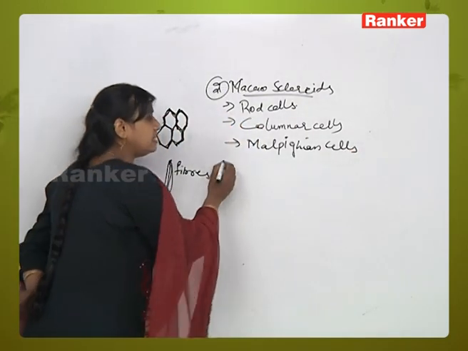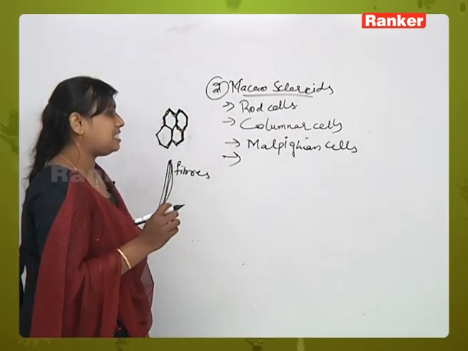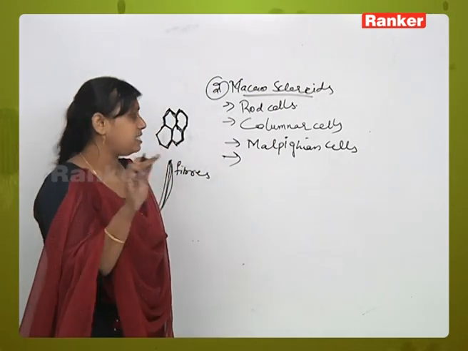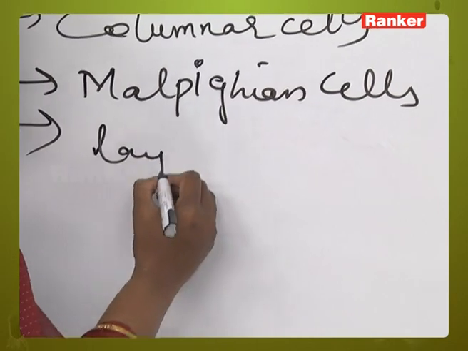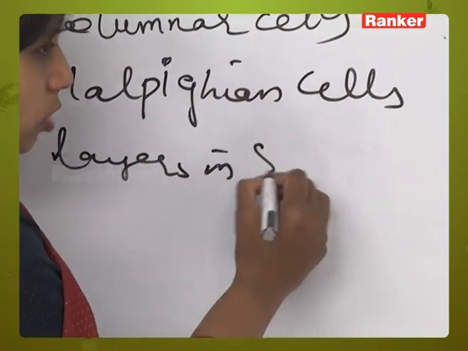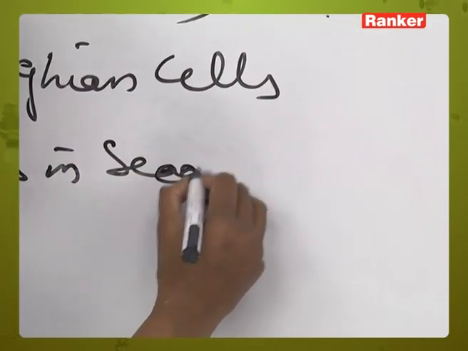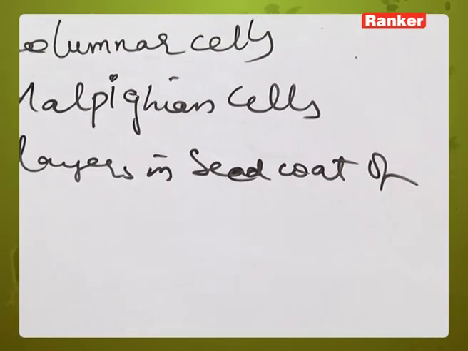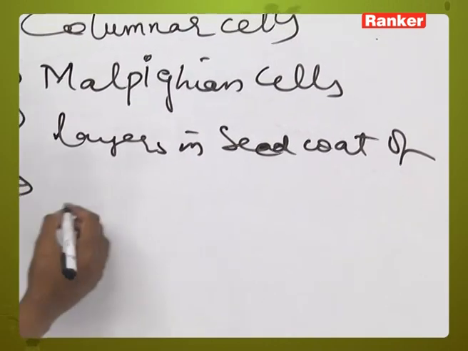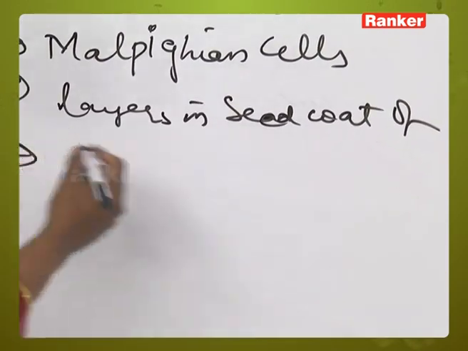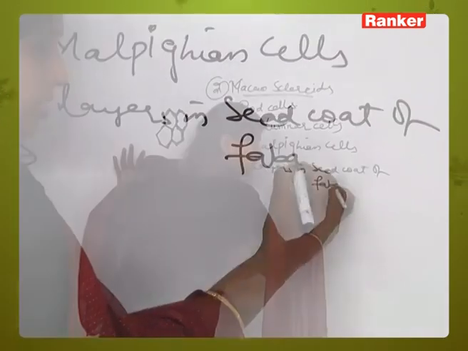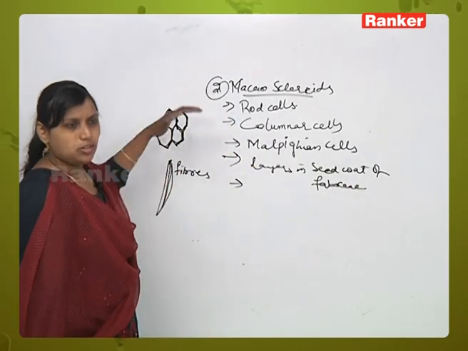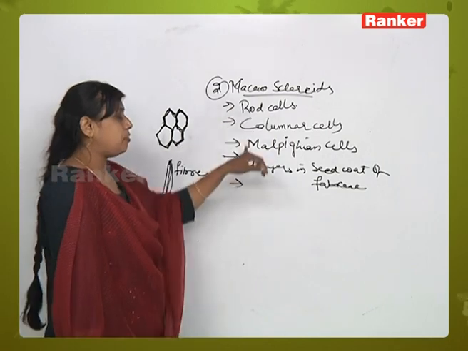Now, where are they present? These are present in the seed coat of all the Fabaceae members. They are present in 2 to 3 layers continuously in the seed coats. And these are largely seen in the cortex of stems, and normally we can see them in the seed coats of Fabaceae members. In Fabaceae plants, in the seed coat 2 to 3 layers, you will see the presence of macrosclerites,